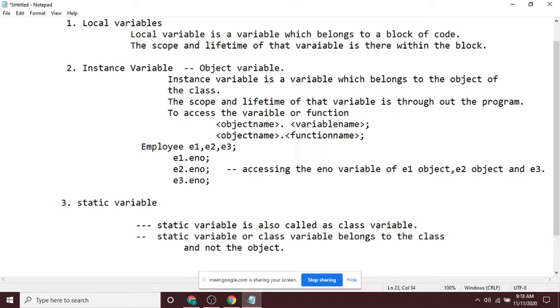Understood? Did you understand the difference between an instance variable and a static variable? An instance variable belongs to the object, whereas a static variable belongs to the class.